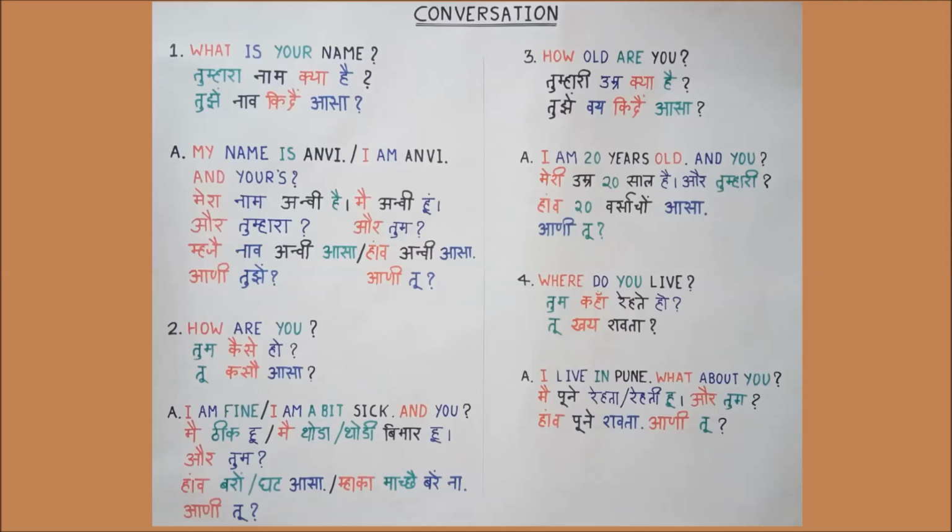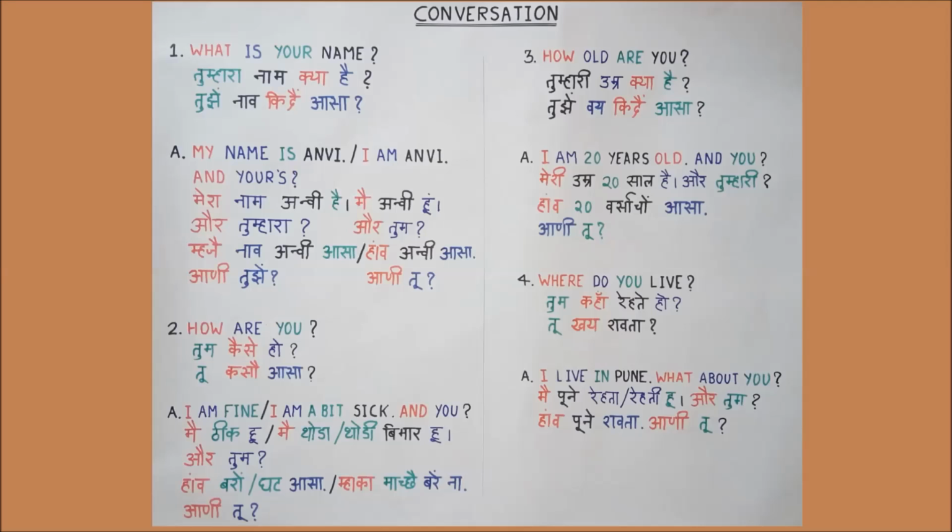Okay, so I'll say it a bit slow. म्हजे नाव अनवी असा, म्हजे नाव अनवी असा आणि तुझे. See guys, here you may have seen tujhe in the first question or the answer, and the way you say tujhe when it is a single matra or jh and a dot, you say it as 2 matras. Okay, it is pronounced as 2 matras, not a single matra.